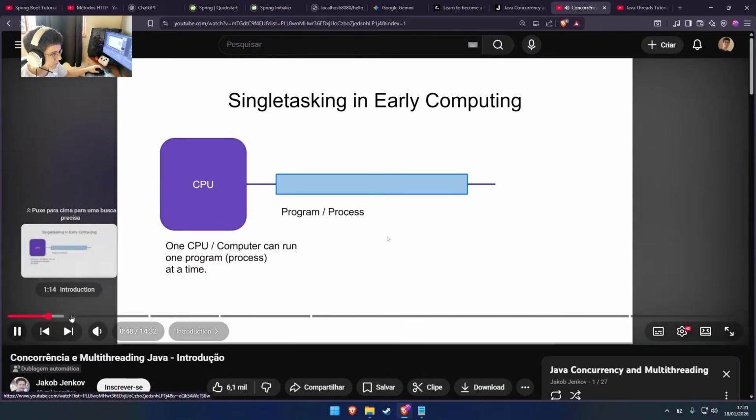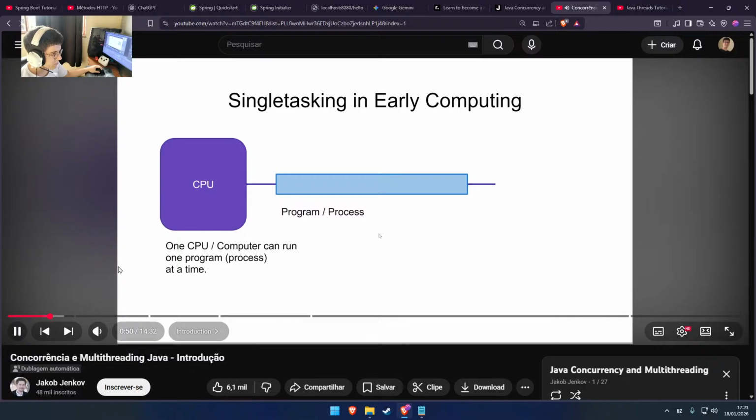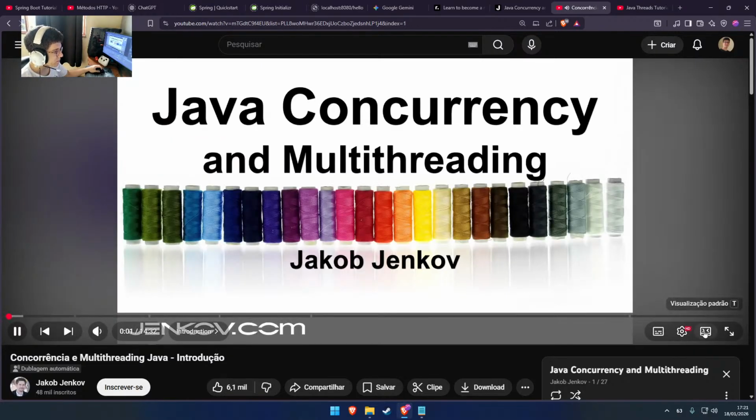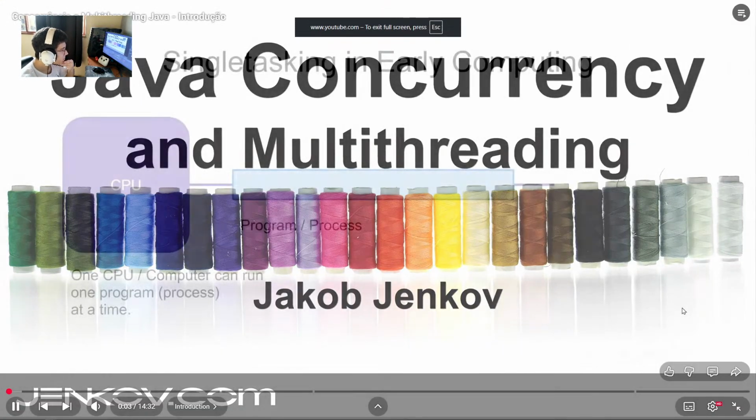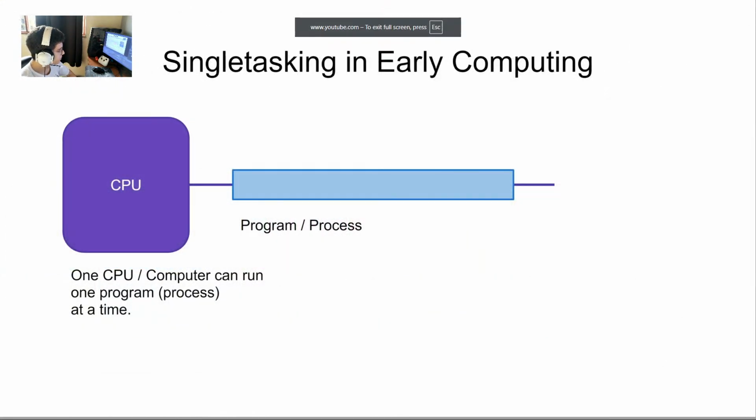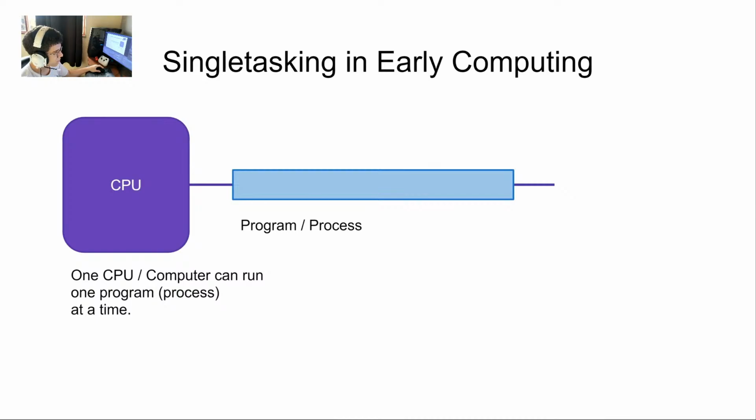Program or process, as programs are also sometimes referred to, at a time, only one at a time. In this video, I will give you a quick overview of Java multithreading and concurrency. But before I do so, I will just give you a quick overview of the history of multitasking and multithreading in general. Just a quick heads up, this video is an introduction to Java concurrency and multithreading on a conceptual